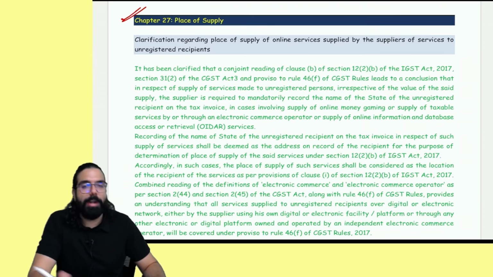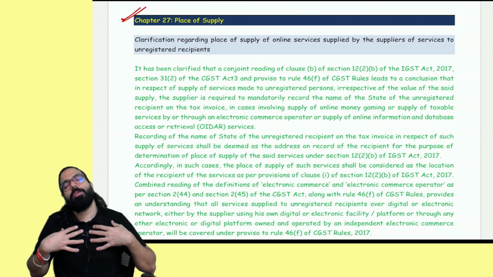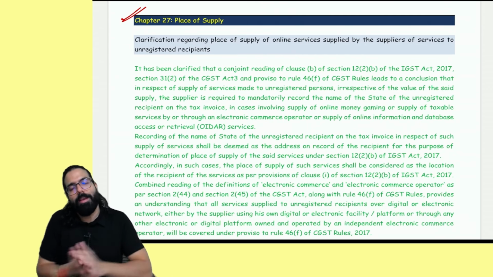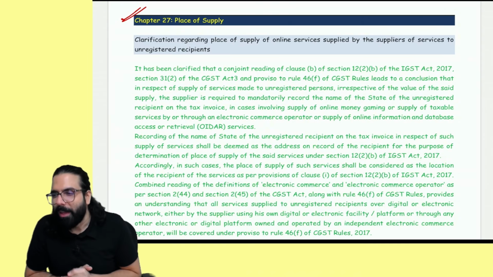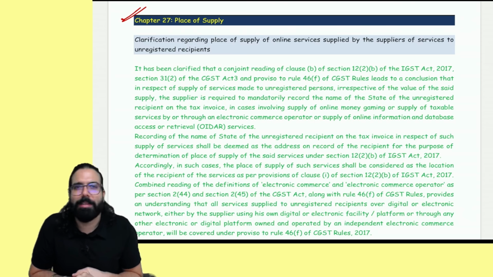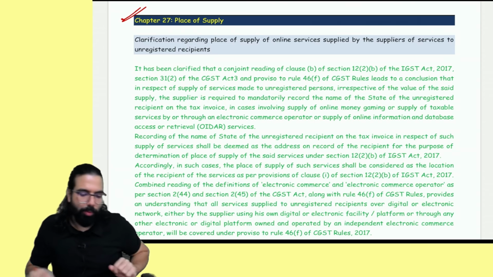I think they have just gone ahead and added the word that if you are an e-commerce operator who is liable to collect TCS and these mistakes are done, then you will be liable for penalty. Nothing new. They had already meant the same thing earlier also, but these words were missing. Now they have gone ahead and completed those words.